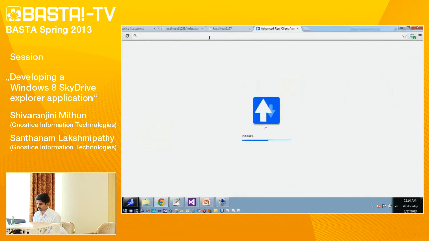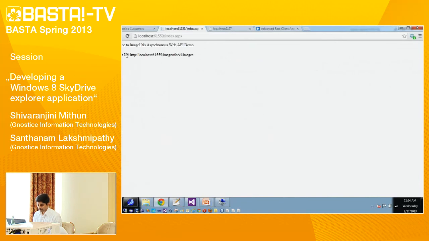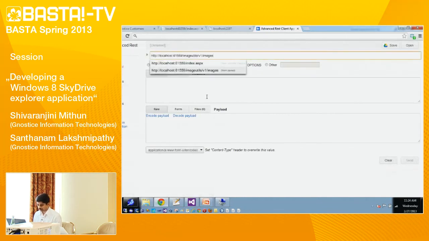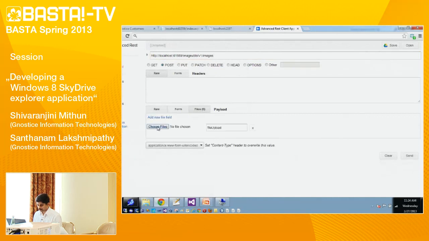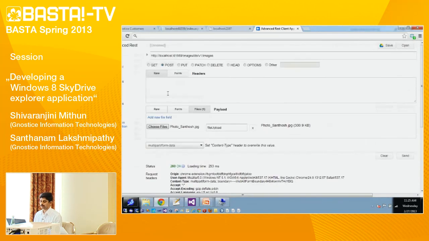We will use the Advanced REST Client Chrome plugin to test this. We will use this URI to send our request. We'll choose a file, using the same image file. We'll select multipart form data as the content type that we are sending to the server, and send it. This is the image URI that we have to use to do our conversion operation.